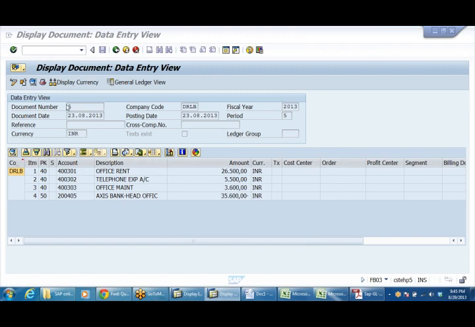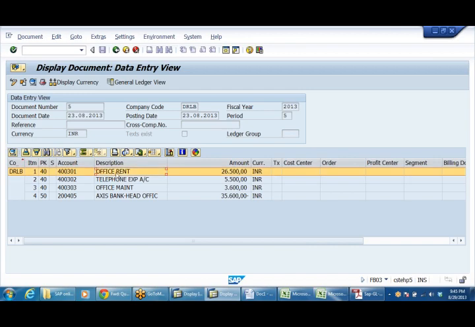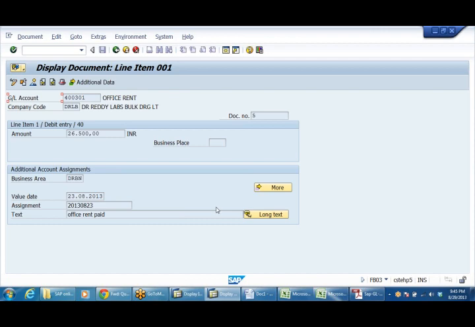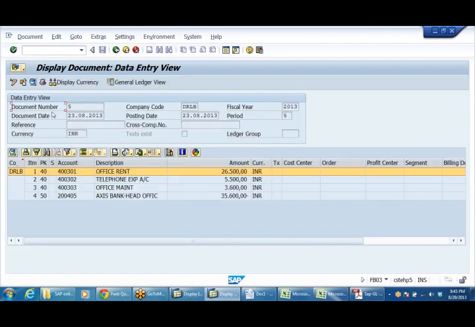If you want to see the line item, just double click on the line item. You can go to the line item level, and again you can come back. Any document, you can enter the number and see.